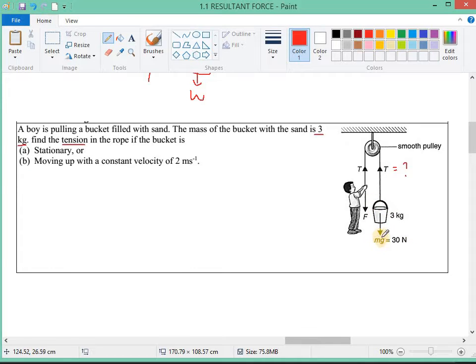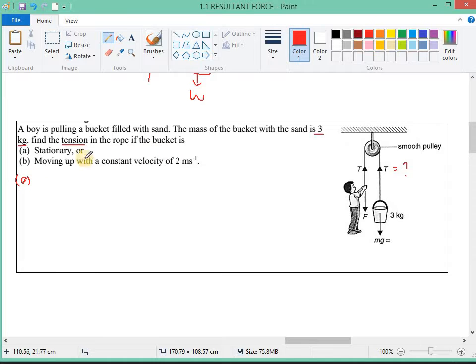From here it gives that the weight is 30 Newton, but this is wrong, okay? This is wrong because they base the g on 10 meters per second squared. Actually, g should be 9.81. So we don't want to use this as 30 Newton. Alright, we want to find out how much this tension is. So first, we need to find what is the